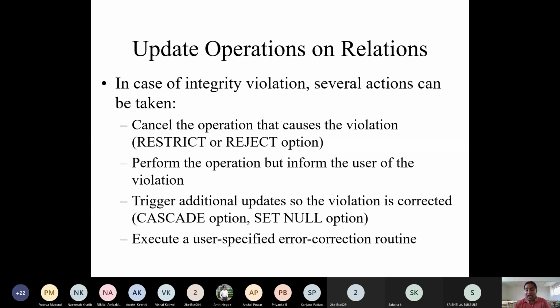It means I will never allow any violation. Either I can say restrict or reject option. I can say on update restrict. If I write like that, it means that updation is not possible. It will never update itself in future.